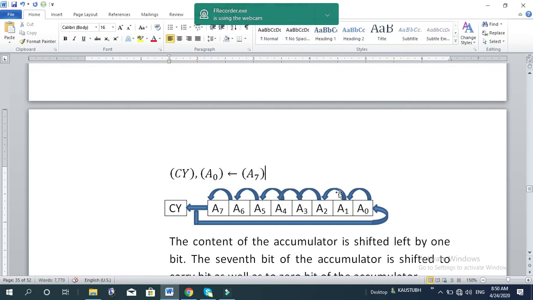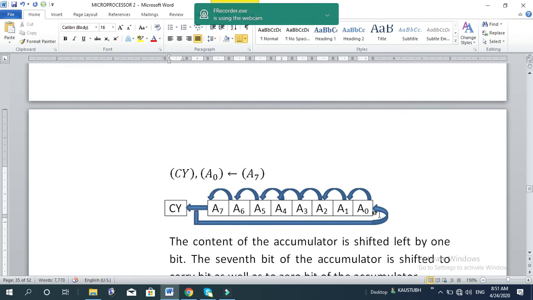Okay, so the content of the accumulator is shifted left by 1 bit. The 7th bit, A7, of the accumulator is shifted to the carry bit as well as to bit 0, A0, of the accumulator. This is a 1 byte instruction, machine cycle 1, T state 4, and the addressing mode, as I mentioned, is implicit addressing mode. The flag affected is only the carry. Although it does not shift through the carry flag, that is why it is RLC, rotate left without carry, but it includes the carry